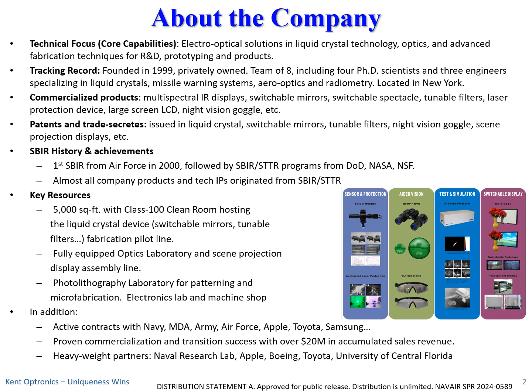In addition, the company has published patents and trade secrets which are issued in liquid crystal, switchable mirrors, tunable filters, night vision goggle, scene projection displays, etc. We are proud of our SBIR history and achievements. Since we obtained the first SBIR funding from the Air Force in the year 2000, we have secured many SBIR and STTR programs from DoD, NASA, NSF, and almost all of the company products and technology IPs are resulting from